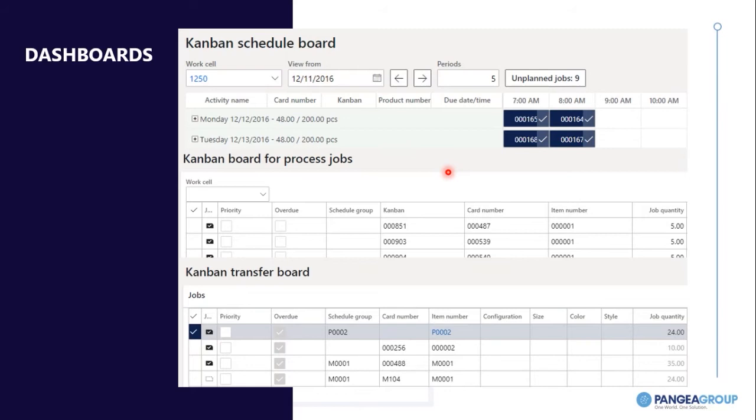In the most basic part, Dynamics 365 offers 3 schedule boards for Kanban. The first one is the Kanban schedule board that is designed to be used as a Heijunka board to level production load on a cell. The board can also be used to schedule without capacity consideration. As we can see up here, it tells you that in a specific work cell from a certain date, it will show you the activities that will take place,